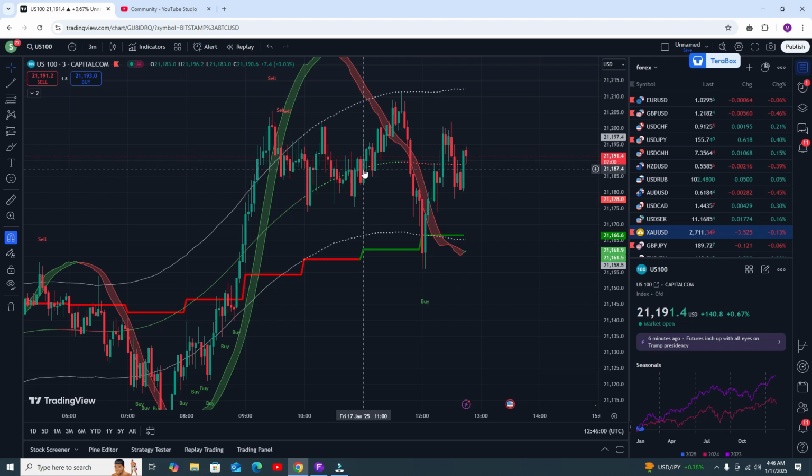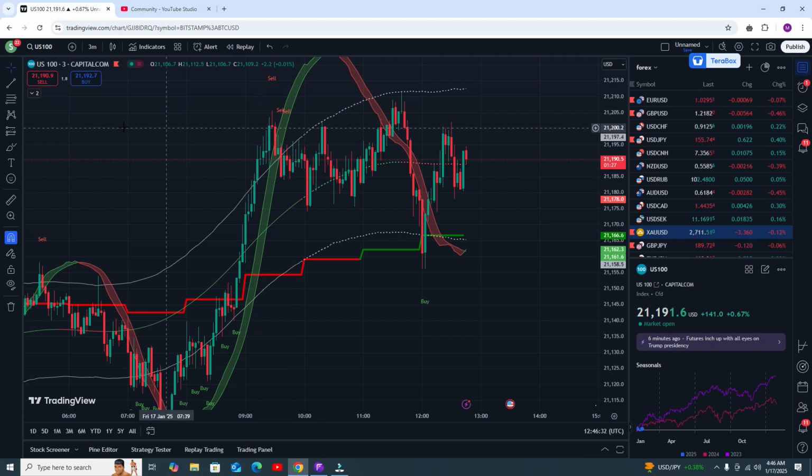So you need to put your stop loss. Where you need to put your stop loss, I will show you. Now there are two conditions: you need to book your very small profit, or you need to put your stop loss and book your profit here. Now where to put your stop loss: this was our entry point, this one, okay. From this point our take profit will be around here.